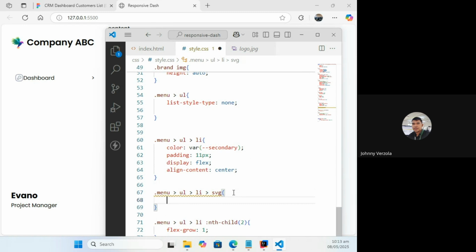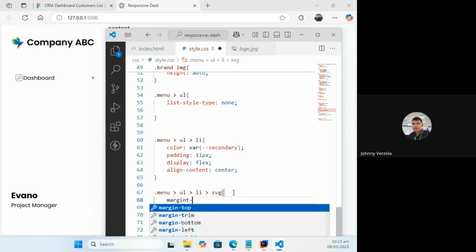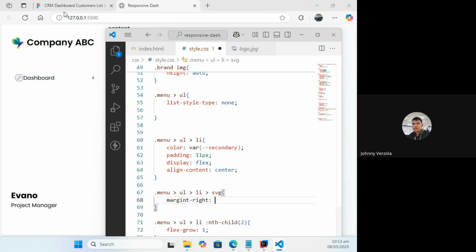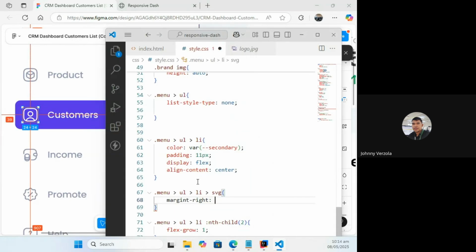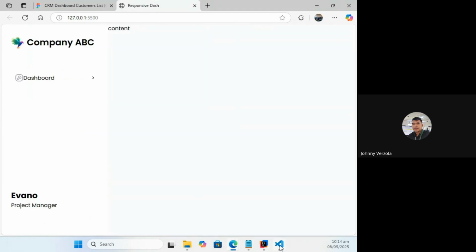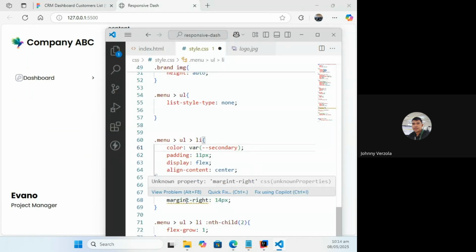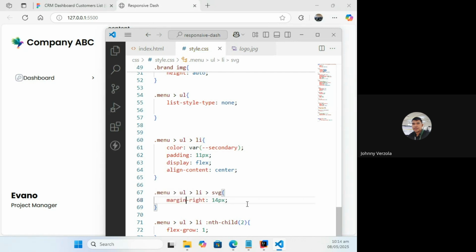And I can set the margin right. We can identify the margin by clicking on this one, pressing Alt, and then clicking on the adjacent element that we want to get its distance relative to. So it's basically 14. Okay, it's 14, so the margin right should be 14px. I'm going to watch what will happen. Margin right. Save. As you can see, it's already made that way.